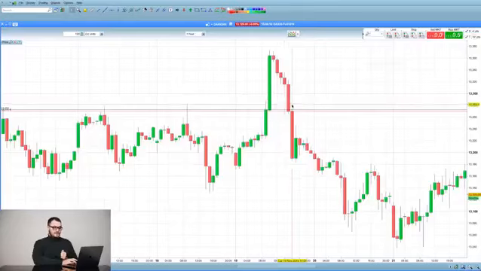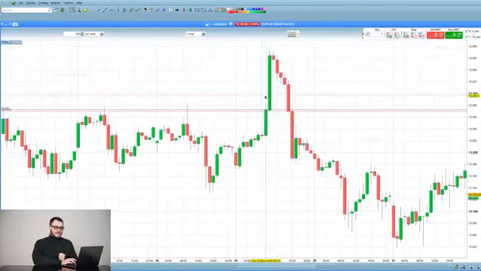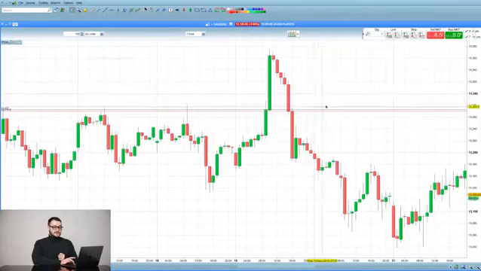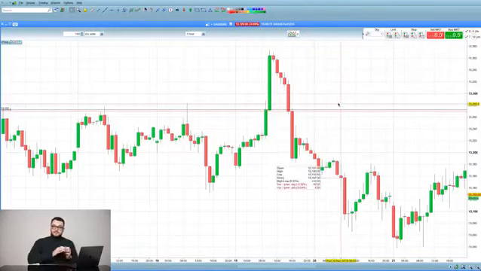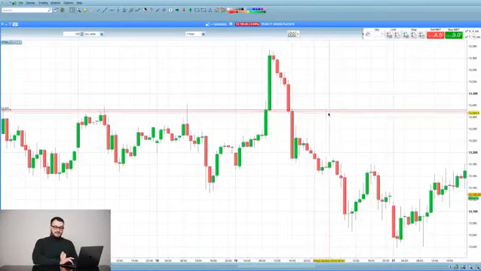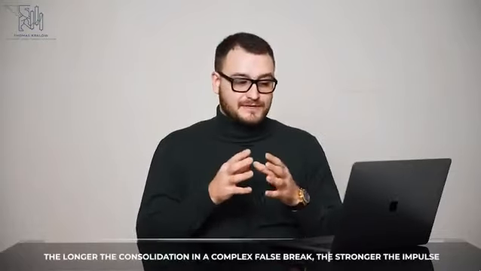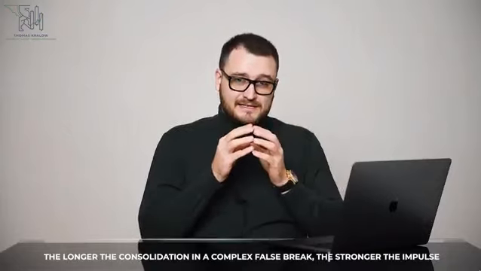As I've said before, it can move away from the level quite substantially, quite a lot of points, and it can actually stay around the level and show a really nice consolidation, a side movement on top of the level, and then make its way down and become a complex false break. If you see one of those consolidations where the market is dancing around the level but above it, creating a really nice looking limit player, this is a fantastic complex false break, simply because, as I've said before, the longer that consolidation,